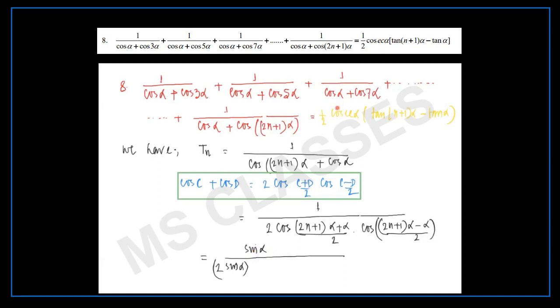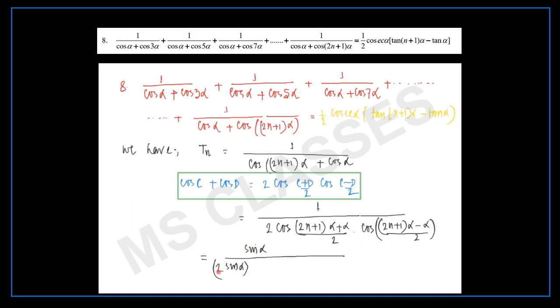Listen again. Here you don't have cosec alpha. Cosec alpha means 1 by sine alpha, and half is there, so 1 by 2 sine alpha. But you don't have sine alpha in the numerator, so I have taken it. Sine alpha has been taken for two reasons. One is we have to get tan, and for that we need sine in the numerator. Another reason is we have to get cosec here. Because of these two reasons, I have taken sine alpha in the numerator and denominator, so that they get cancelled out. It will get adjusted. The 2 I have got from here.